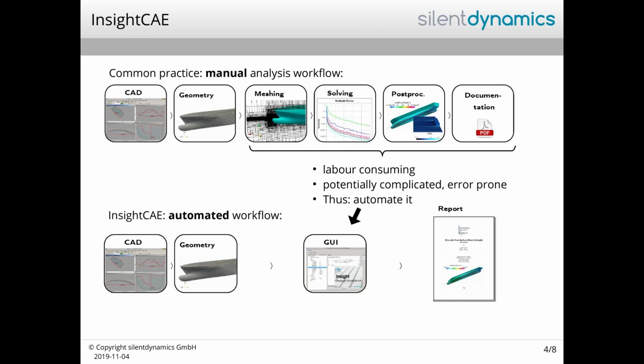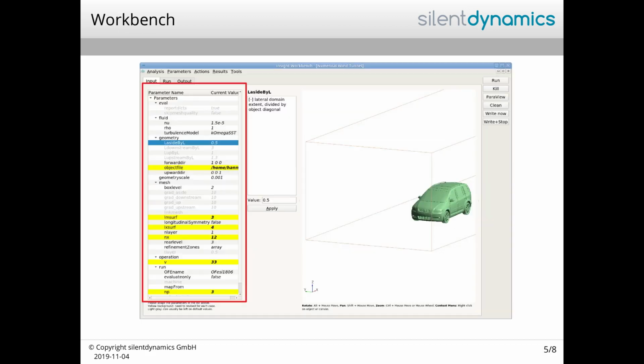InsightCAE bundles everything needed for automated simulation and provides an API for the workflows. This includes first of all the administration of input parameters and result data. All input parameters of a simulation are combined to one parameter set. This can be edited in a graphical user interface, saved in a text file or loaded from a file. Alternatively, the simulation can also be started via a command line tool if no graphics screen is available, for example